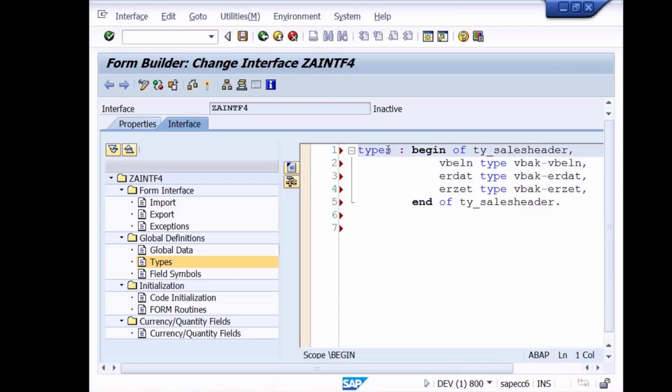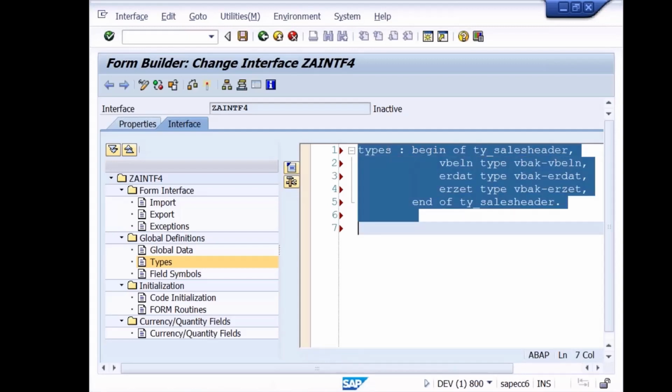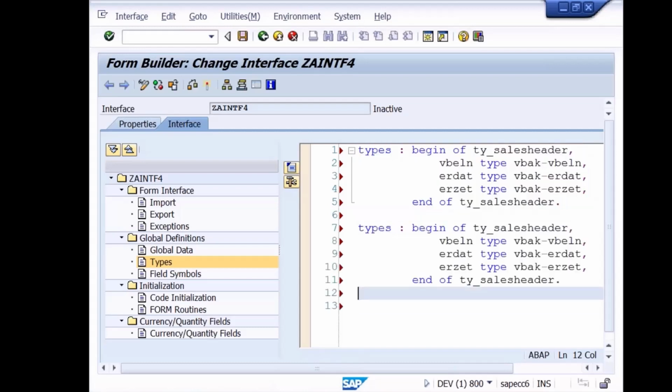Let me create one more types declaration: ty underscore sales items. What are the fields you want here? POSNR, material number. This is from which table?